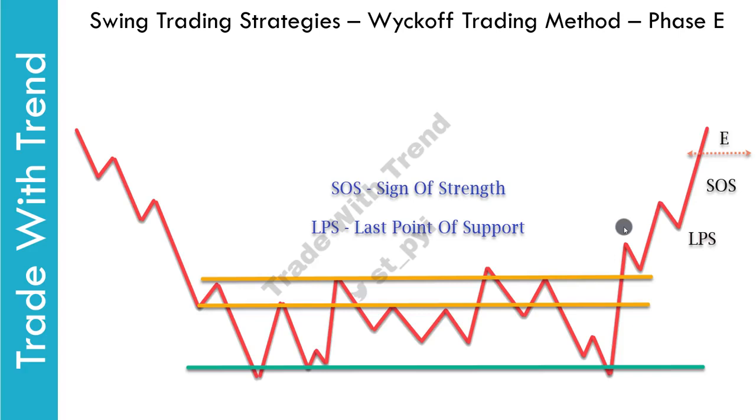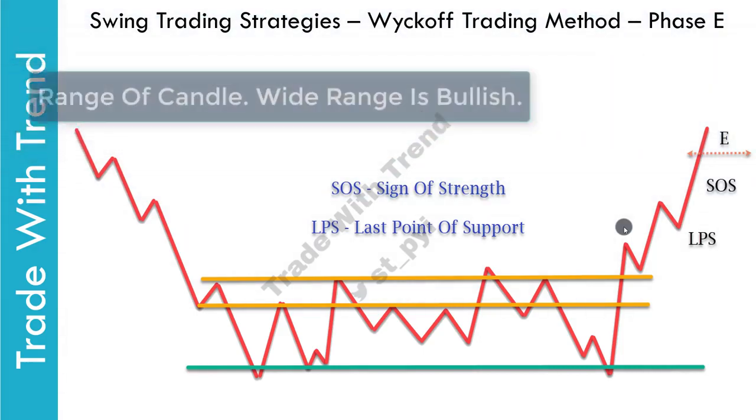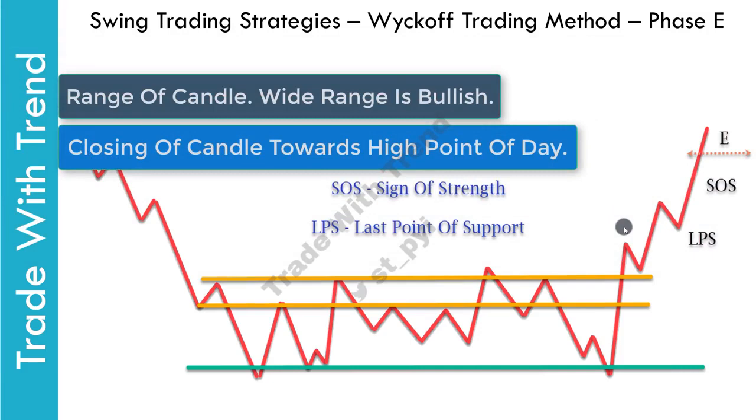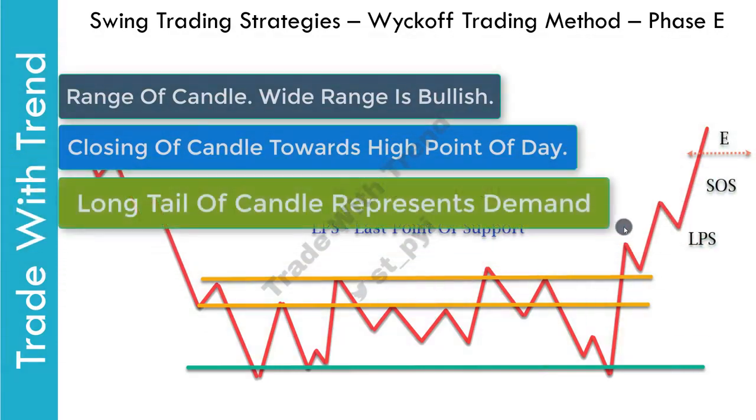Take note of three things mainly. Number one, range of candle. Number two, closing of candle towards the high point of the day. And number three, tail section of candle. All these are subtle signs of demand and one must pay attention to these in order to determine the probability